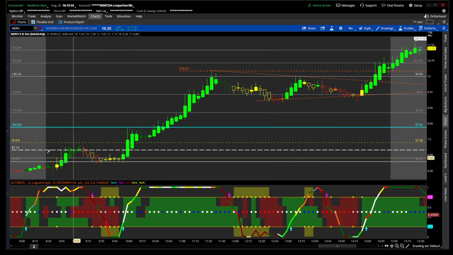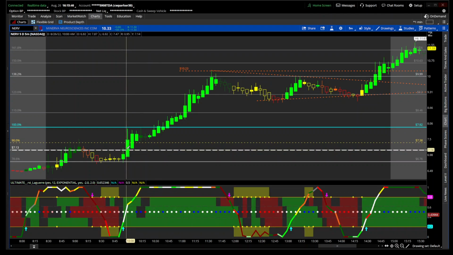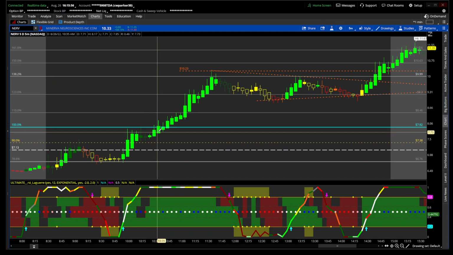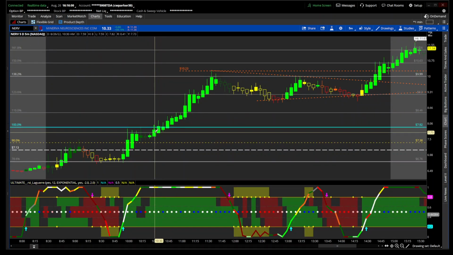So the bars are colored according to the trend. If all three, the heikin ashi, the buy sell pressure, and the regular RSI, are all printing green, then the bars will be green. But if two of them are good and one of them is not, you get dark green. And from there, you can see right here on this stock, NERV, it just pushed all